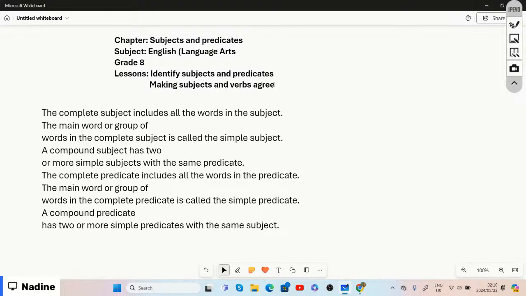They're not giving such a proper explanation, but it says the complete subject includes all of the words within the subject, which means that when it comes to subject,